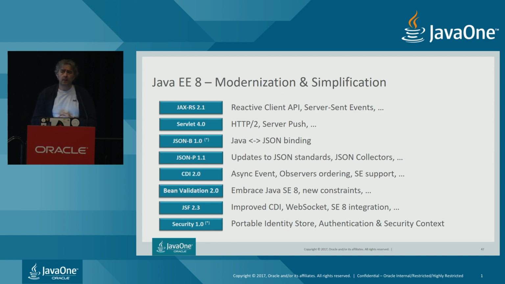Yes, sir. Is this stuff available in SE, outside of an EE container? Yeah, JAX-RS, you can use it on top of Java SE. That's what we have been doing here. So JAX-RS, JSON-B, servlet, JSON-P, CDI, bean validation. JSF is kind of tricky, and security is clearly the only API which is Java EE only. And I forgot to mention that the CompletionStage API, which is basically the core of our talk today, is Java SE.